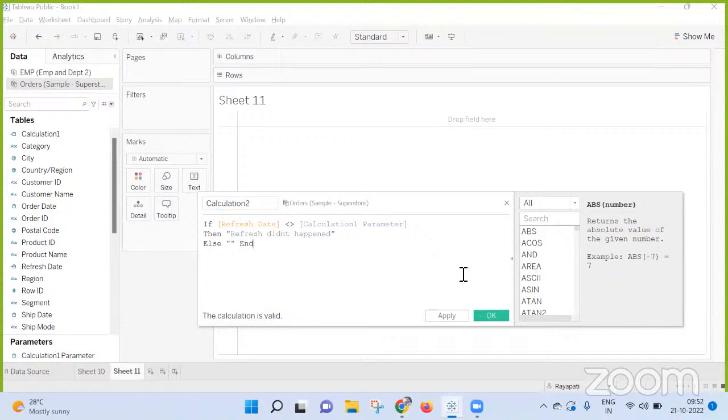Okay, now, see, you can take the max date. The problem is you can take the max date using some subquery in SQL and you can create the max date. But the problem is,